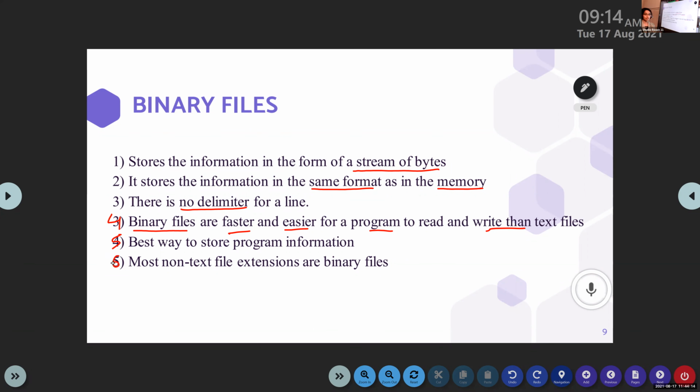If we want to read, we need translation, but for machines, no translation is needed because it has been written in binary language, which is understood by the computer. Is that okay? So this is the best way to store program information. When you see any non-text files, which means files which are not understood by us, with a lot of boxes and all, that is a binary file.